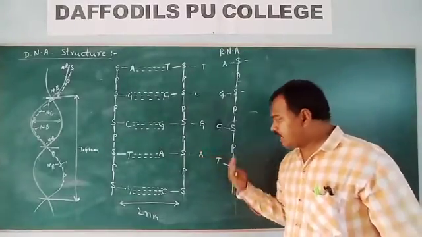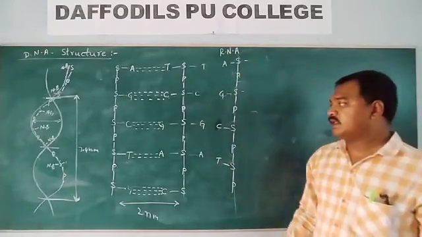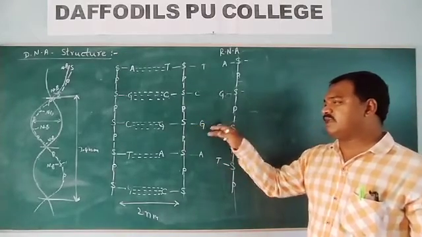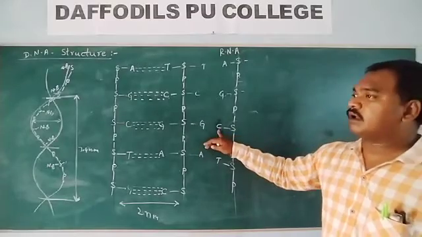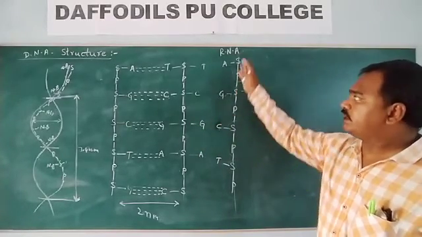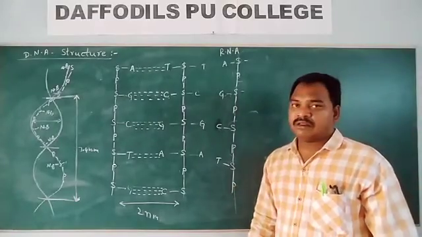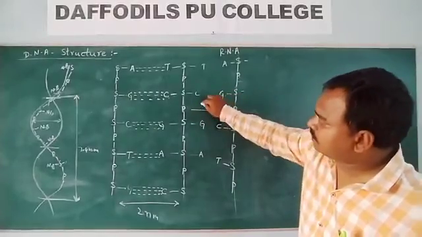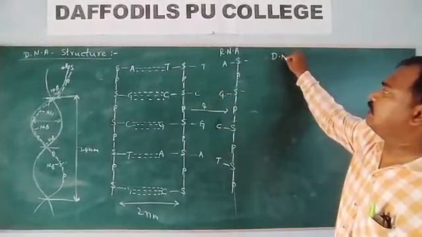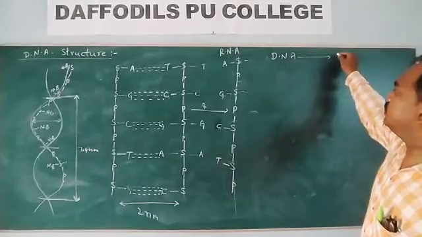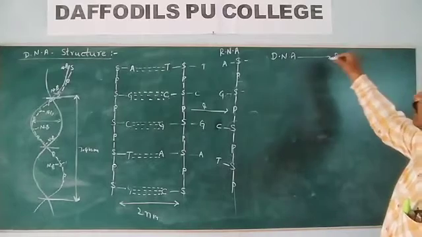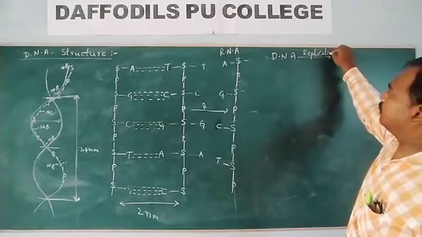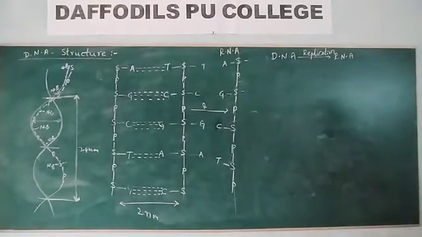Its mirror image is created on RNA. This guanine is there, its mirror image is cytosine. Rather than calling it a mirror image, call it a complementary pair. So its complementary pair is created on RNA. This process is known as replication. So from DNA, the information is copied onto RNA.